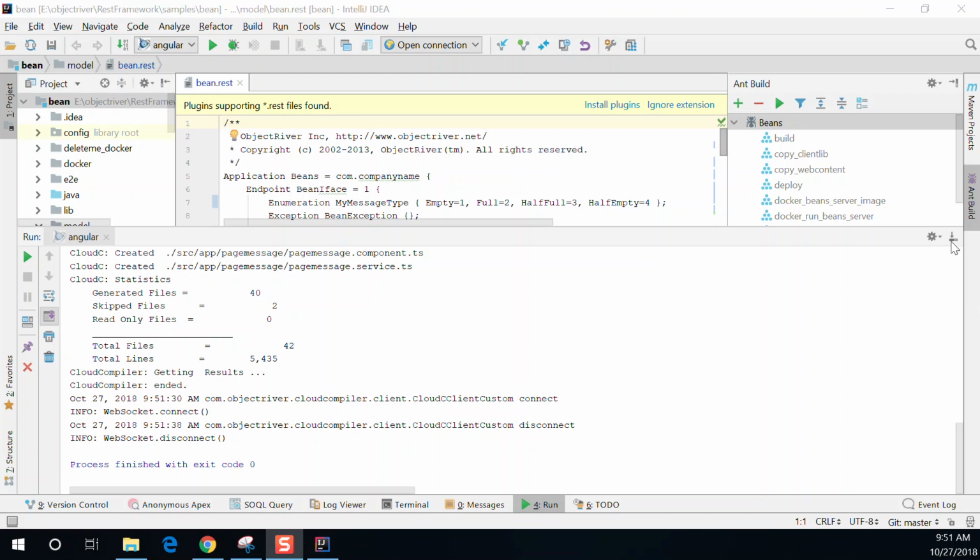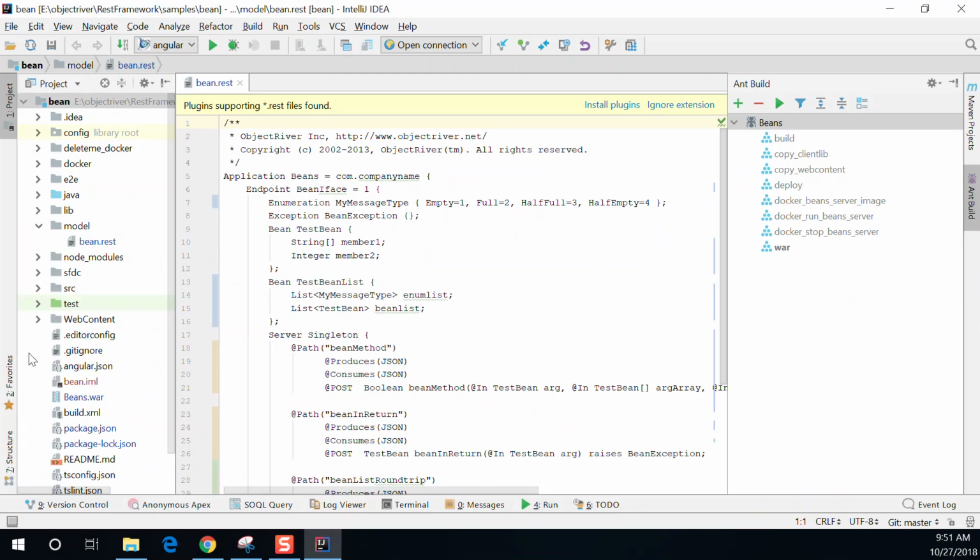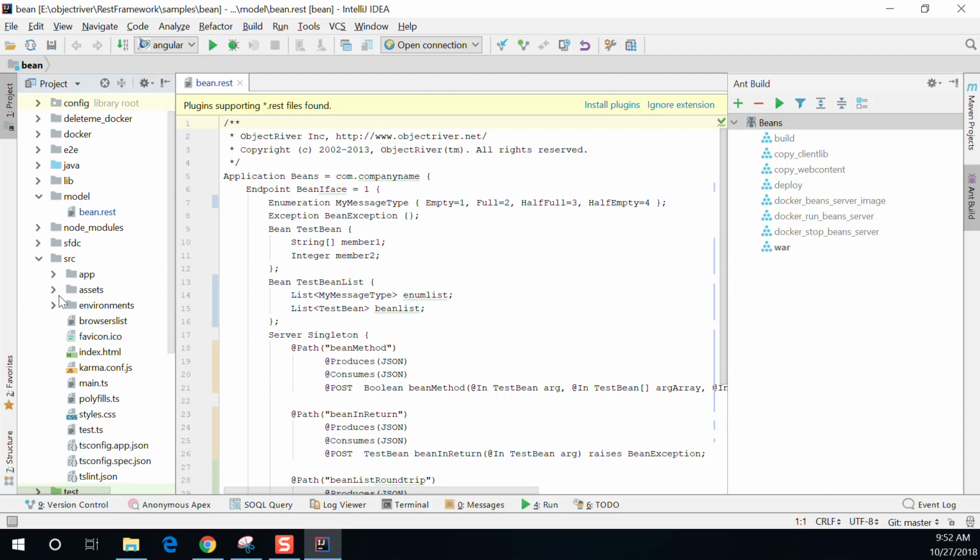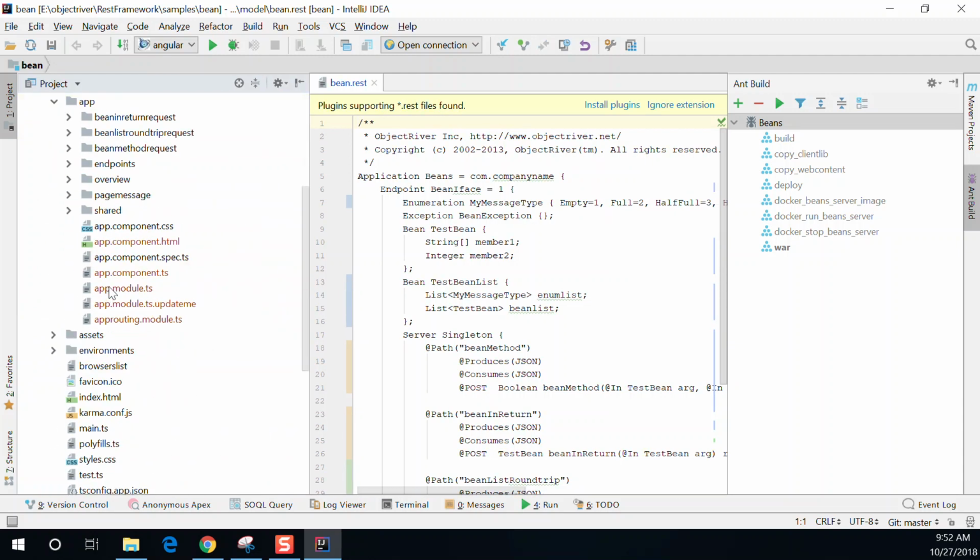Okay, the one thing we want to do is if we go into the Angular code and we go into the app directory, you can see there's this app module TS, and there's one called app module TS update me. We don't crush this file. This top level app module file is how everything gets tied together in Angular. And so essentially you want to copy this file on top of that one anytime you add a new web